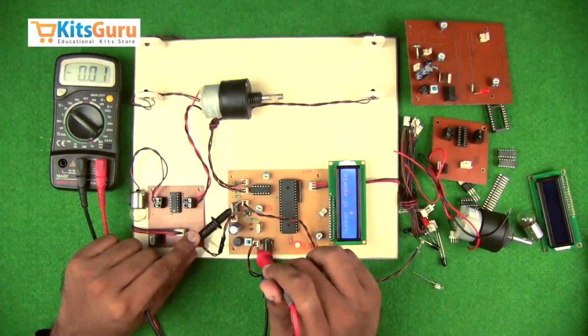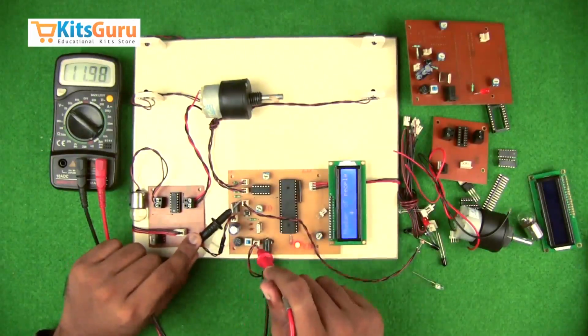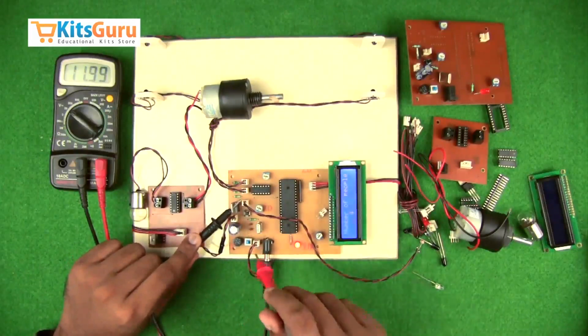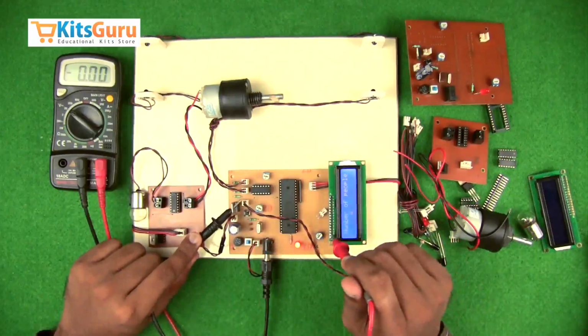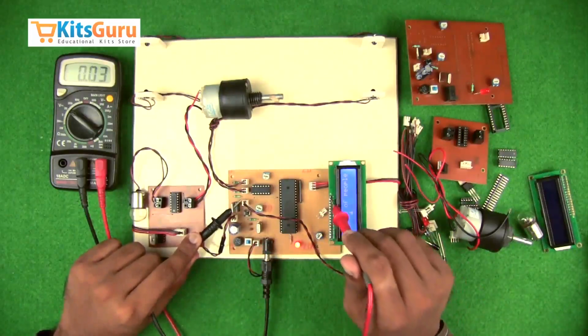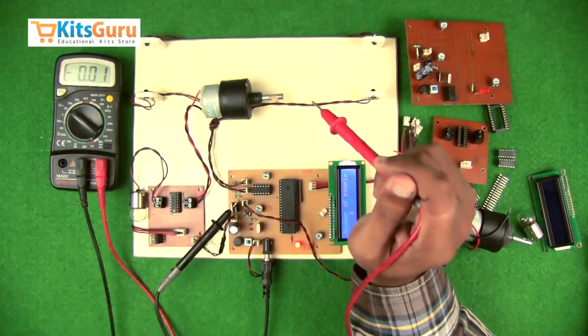Now this is the transmitter. This is the power supply to the transmitter. So the outer one is, as you can see, the positive, and the inner one is the negative. The second pin and the second last pin of the LCD screen should show 5 volts. So for the receiver section, for the receiver, as you can see,